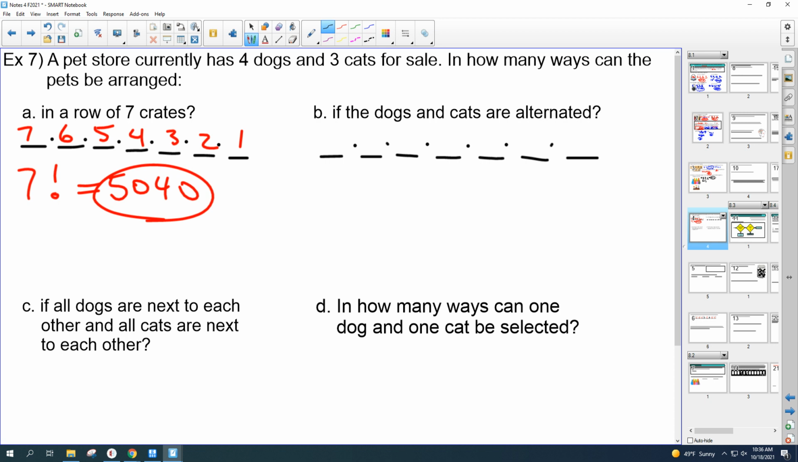But I don't think that's going to be possible. It has to start with the dog in order for this to work out and have 4 dogs. If you have 4 dogs and 3 cats, it has to be like that. Okay, it can't start with a cat. It's got to be dog, cat, dog, cat, in order to fill them up, 4 dogs, 3 cats. So if you think about this one,